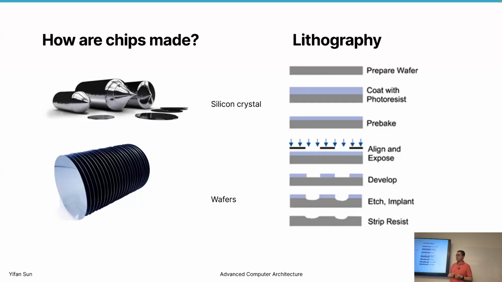Like you probably have heard that light may scatter when you go through a very narrow gap, right? How much scatter they have depends on the wavelengths. The smaller the wavelengths, the less scatter they have, right? So that's why you have probably heard of extreme ultraviolet today. Those are technologies developed by ASML. Because the more towards the ultraviolet side, the smaller the wavelengths, then the more precise that we can control these